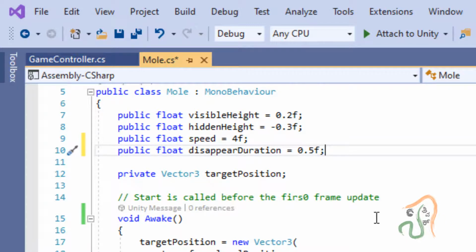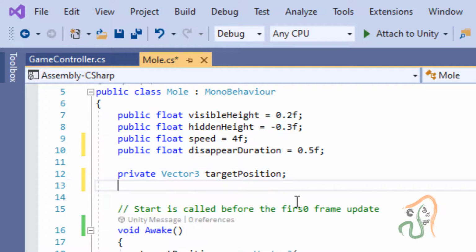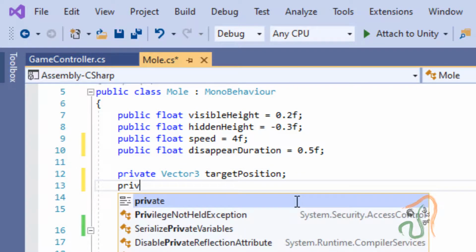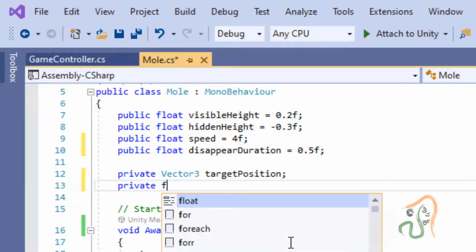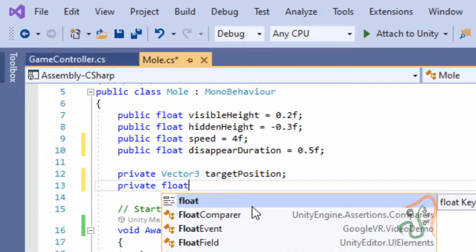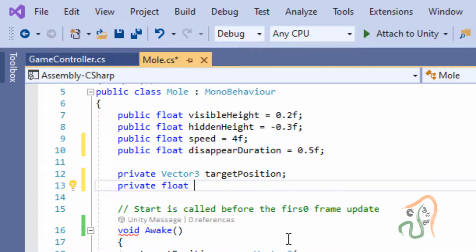Then after this Vector3 targetPosition, press enter and let us now declare a private variable, again a float number, and this name will be disappearTimer, and let's set its value initially to 0, and end it with a semicolon.